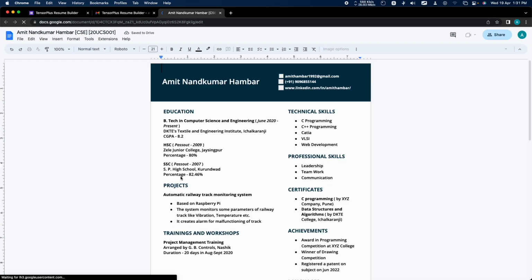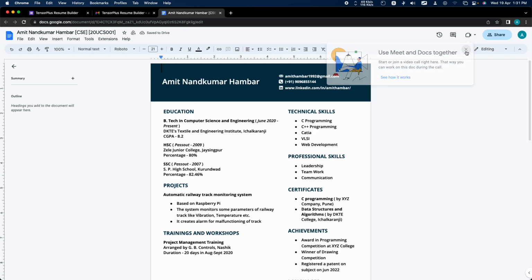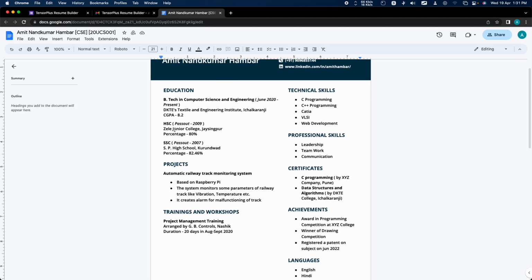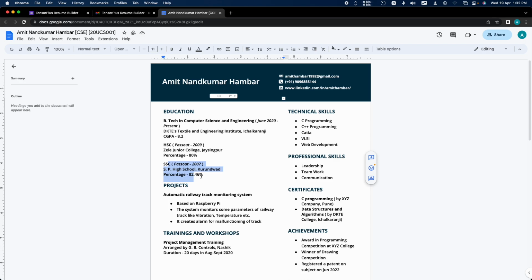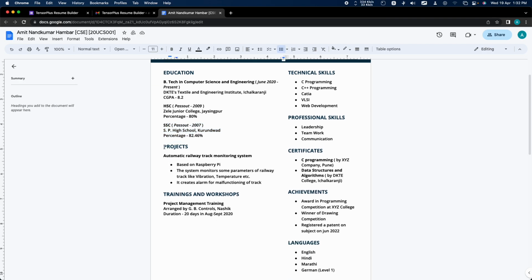Okay, so see, whatever details I have added to that Google form, all the details are here. See, I have added education, I have added HSC marks, SSC marks, everything in proper format at the proper places. Okay, so projects, your trainings and workshops, technical skills, professional skills, certificates, right? Certificate details properly,